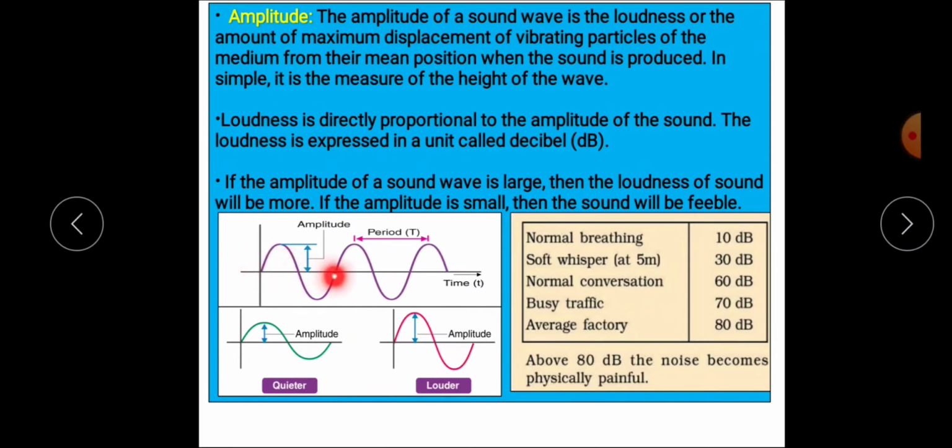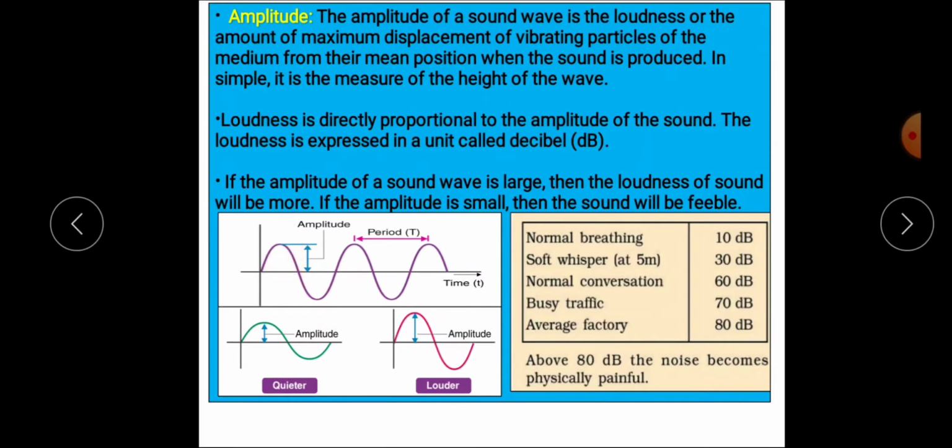This line we have drawn is where the particle is actually sitting, at rest in the initial part. Before moving, the particle is situated here. So from here, this is called the mean position. From here, how high the wave is going, this height from the mean position, is called amplitude. Did you understand? We can count it downwards also. How much lower it went from the mean position, or how high it went, is the amplitude.